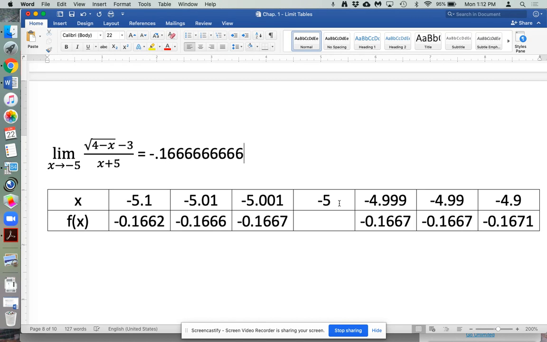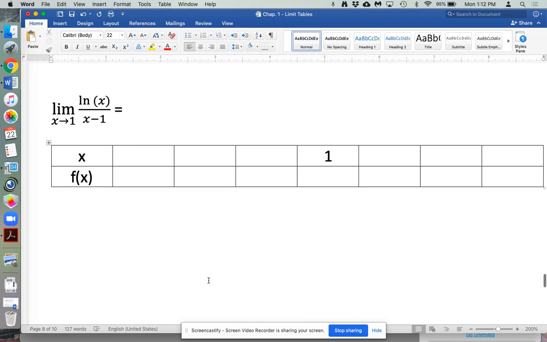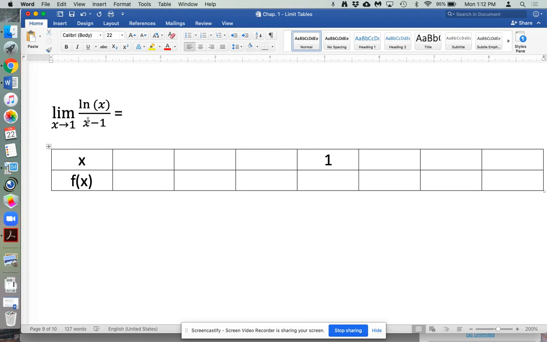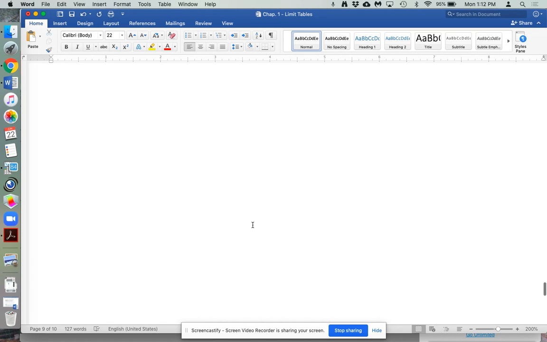Right now, I'm perfectly fine with you just picking out these values. However, here's the big part. How do you get the values for your function or your y coordinates for this table? And that's where I'm going to jump to the graphing calculator for a moment. We're going to pick out one more example. Once again, if I put 1 in here, I don't get an answer, but I'm going to pick out numbers close to 1, such as